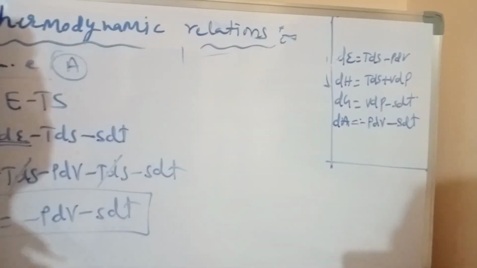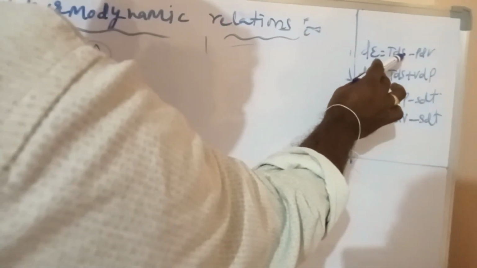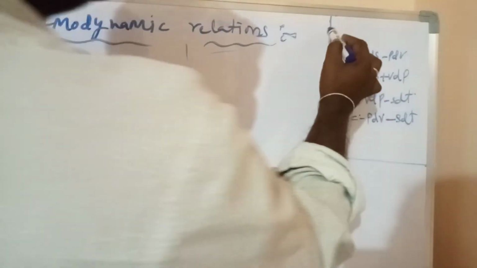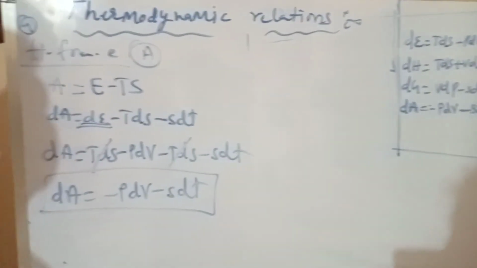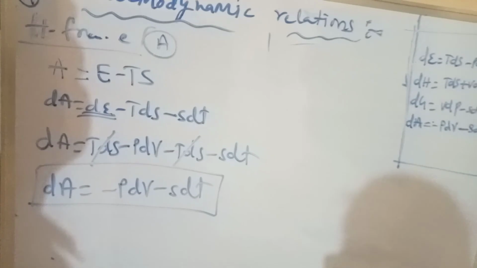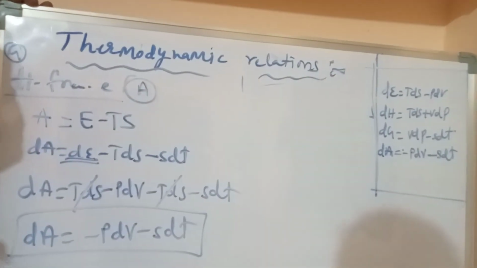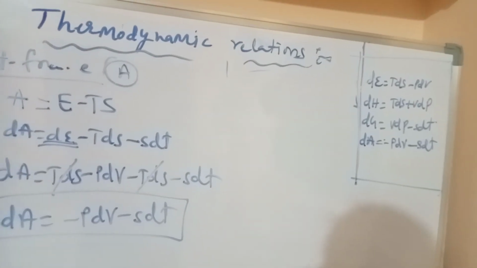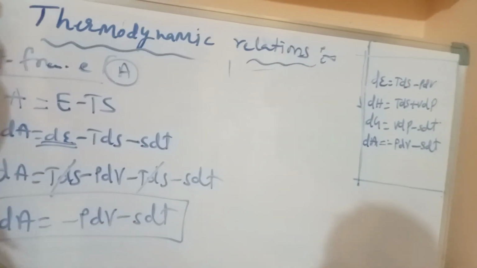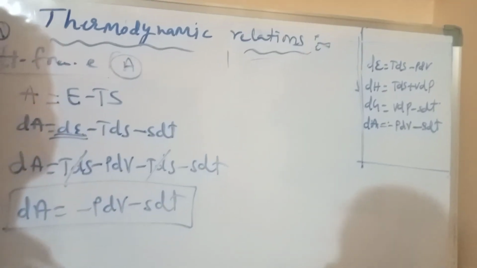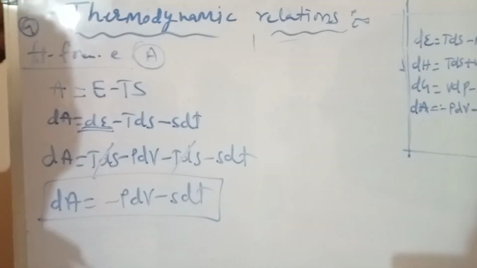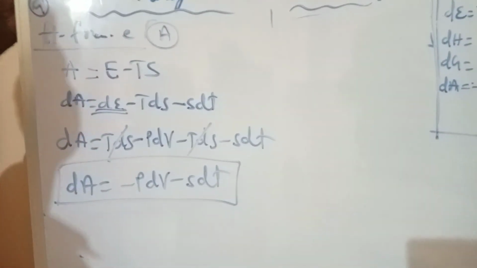Almost all terms are the same: temperature, entropy, pressure, volume. But the signs are different, that's why observe very carefully. The simplification is very easy. Even for mathematics and science students, there is no problem, there are no derivations, no integrations, no difficult differentiations, not even subtraction like this. Very easy to simplify. Try to understand.